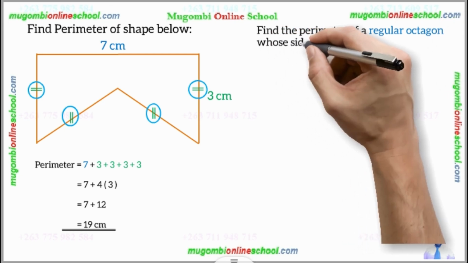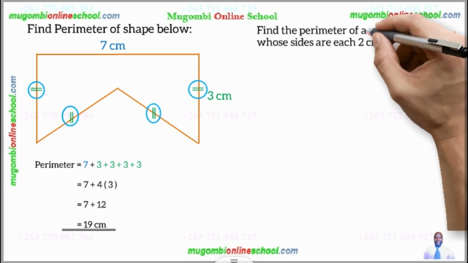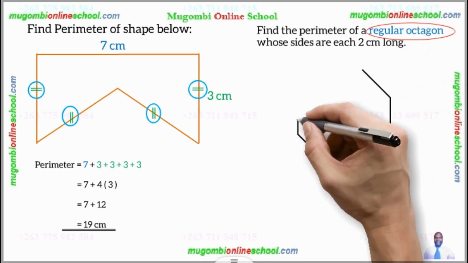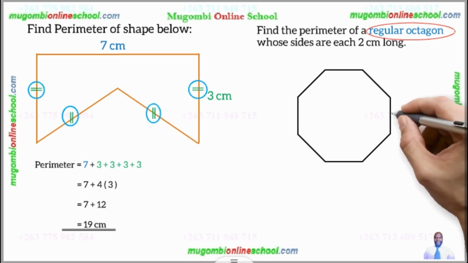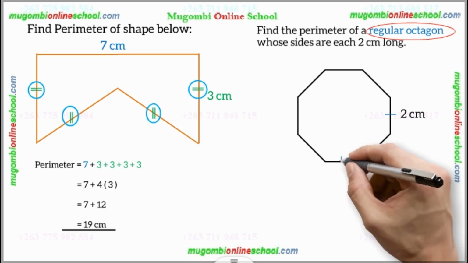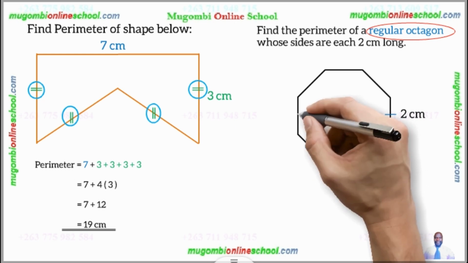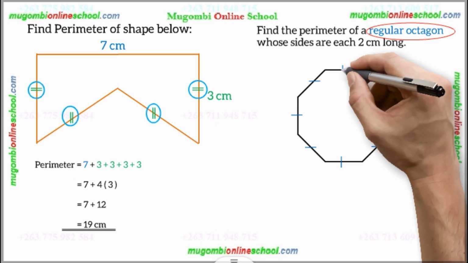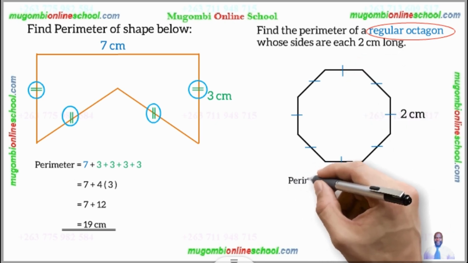Moving on to the next example, find the perimeter of a regular octagon whose sides are 2 centimeters along each. A regular octagon means that all the sides are equal. And if each side is 2 centimeters, it means that if it is regular, all these sides are 2 centimeters long. This one, this one, this one, this one again, and lastly this one, they are all equal to this, which